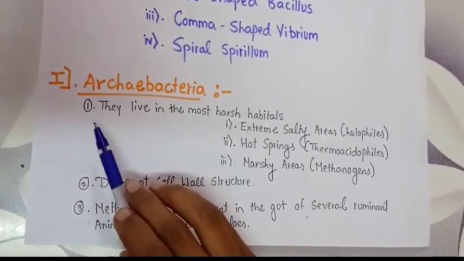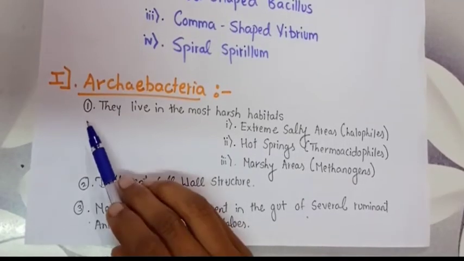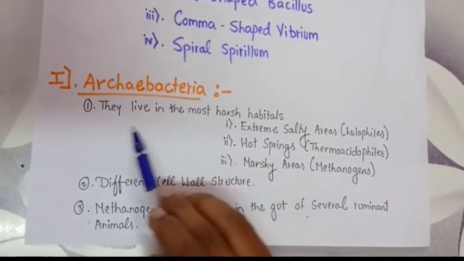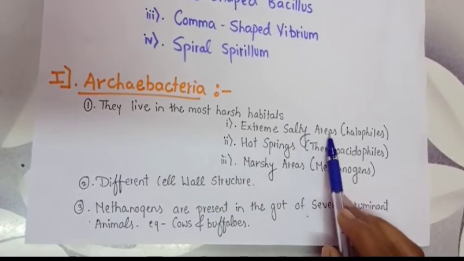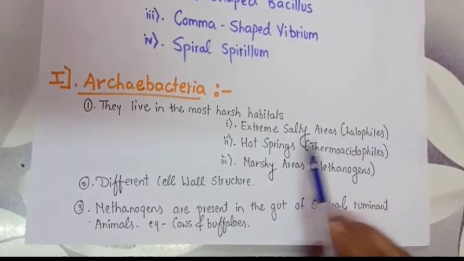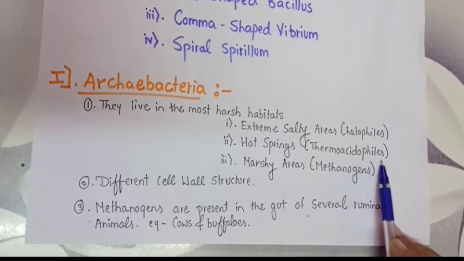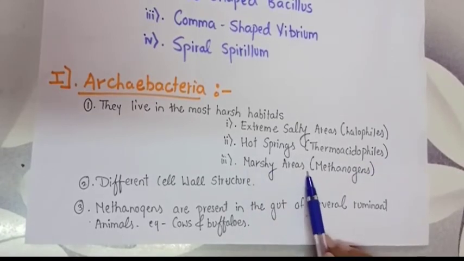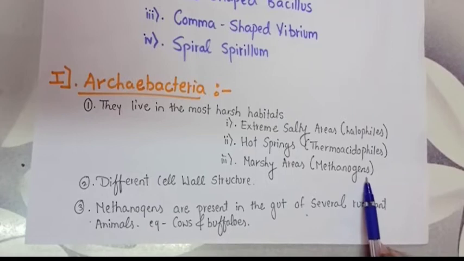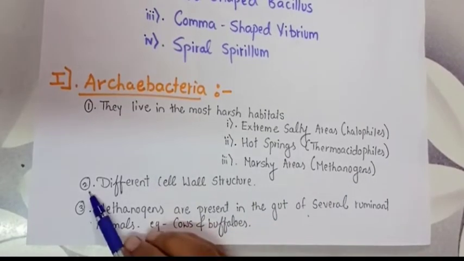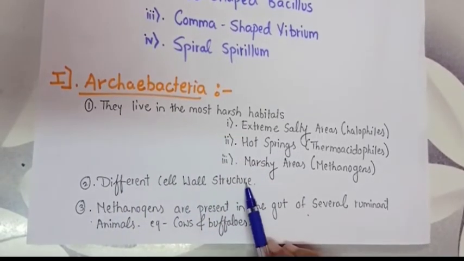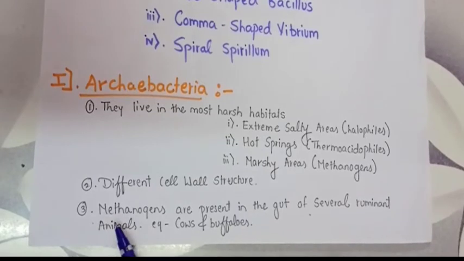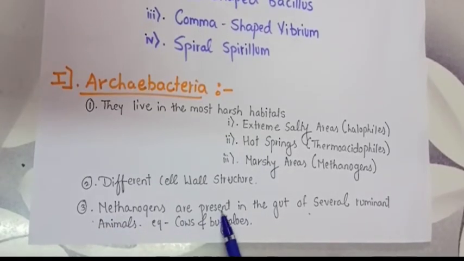Here, the first and important point that we have to remember about the Archaebacteria is that they live in the most harsh habitats like extreme salty areas, where they are called halophiles, in hot springs, thermoacidophiles, and in marshy areas, that is the methanogens. Now, the second point to remember about the Archaebacteria is that different cell wall structures are there. And one more class, that of the methanogens, is present in the gut of several ruminant animals,